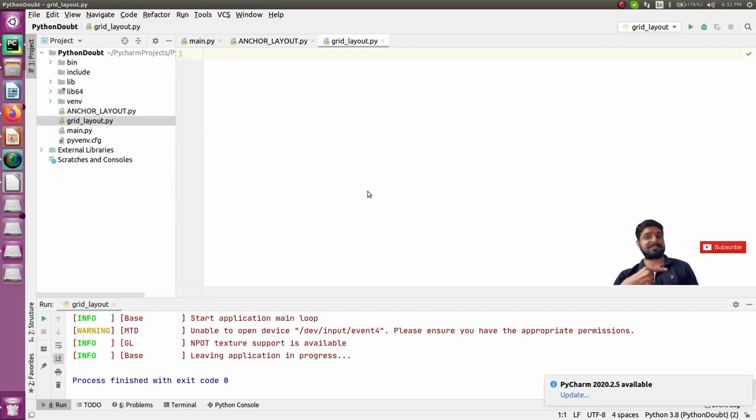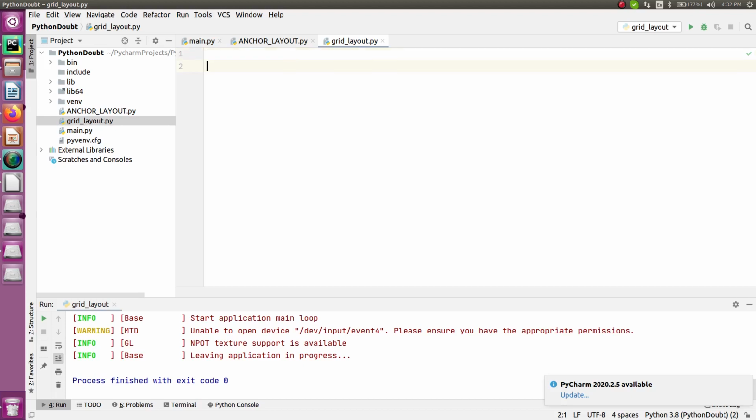Alright, now let's understand what exactly I'm going to do today. In today's session, I'm going to add two different widgets. In your case, you can add multiple widgets as per your suitability. But currently, just for demonstration purposes, I'm going to show you how you can add two different widgets, one will be a label and the second one will be a button. I'm going to show you how you can place them with respect to the grid layout as per the rows and columns format.